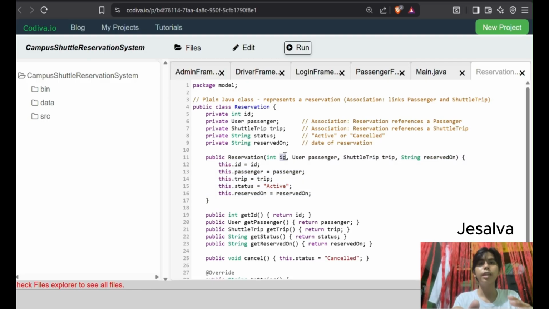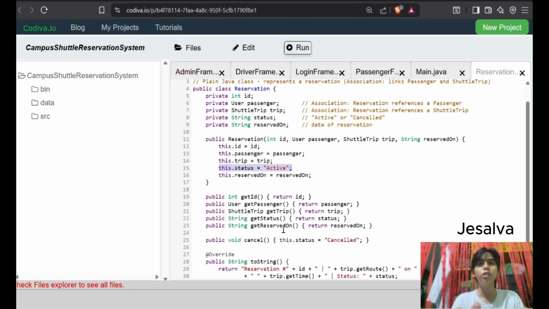So we pass the ID, passenger, trip, and reservation date. The status is not included because it is automatically set to active. So the default value of the status is active.